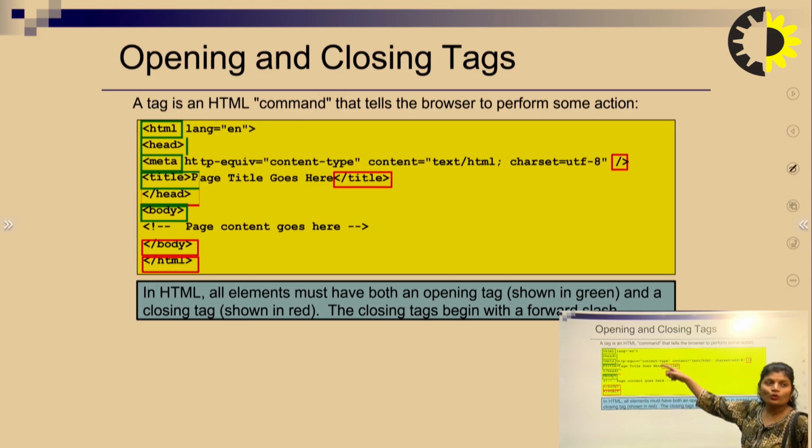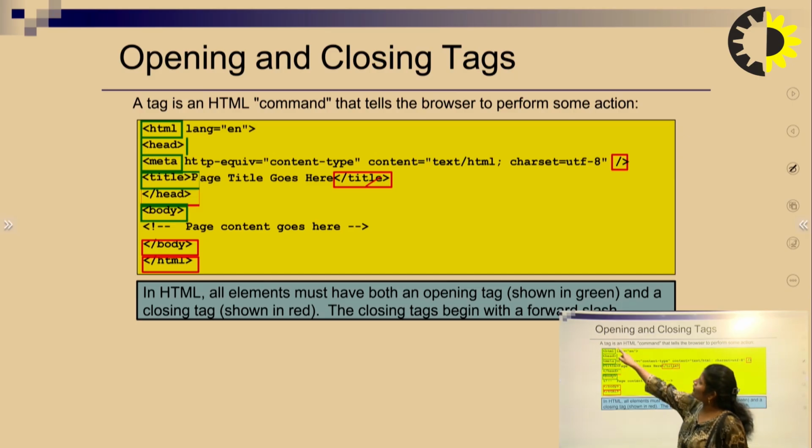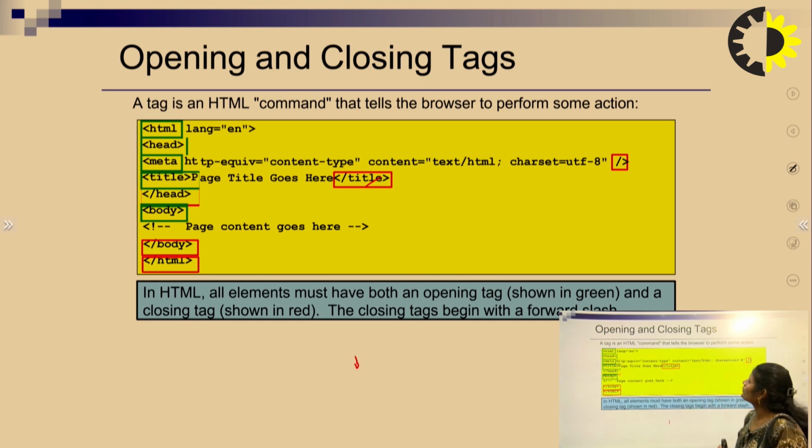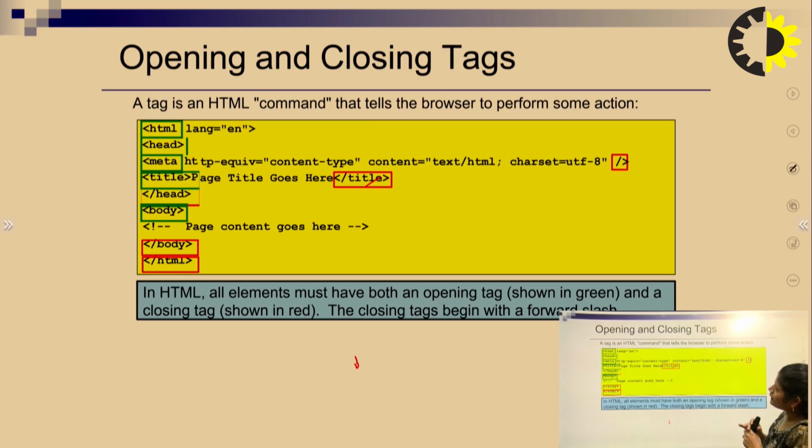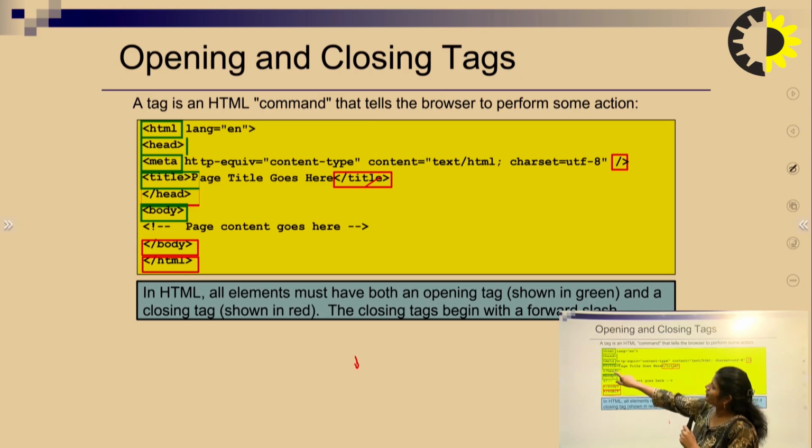When we close the tag, we use this forward slash. Okay, so if you open the HTML tag, you must close this HTML tag. If you open the head tag, you must close this head tag. And if you open the title tag, you must close the title tag like that.